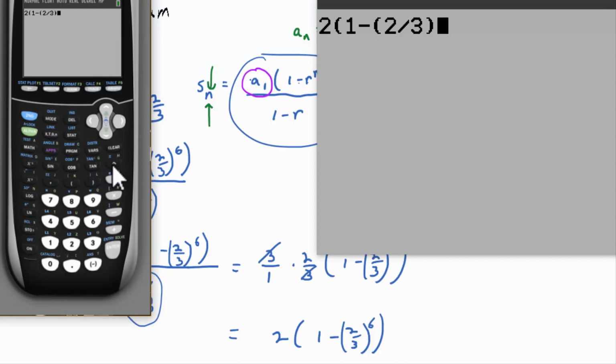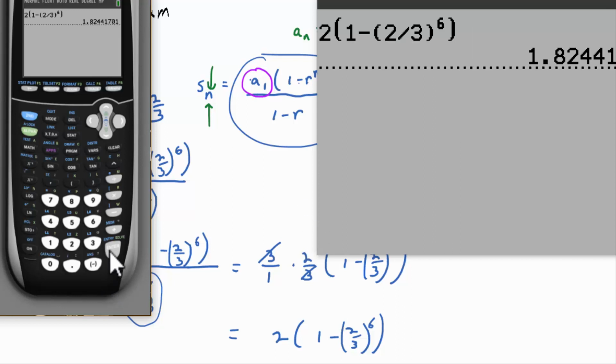Does everybody see it? And then that would be to the 6th power. Then arrow out of the exponent, close parentheses. By the way, different calculators could be plugged in slightly differently. So if you have trouble getting the number I'm about to get, let me know. And you hit enter, and you get